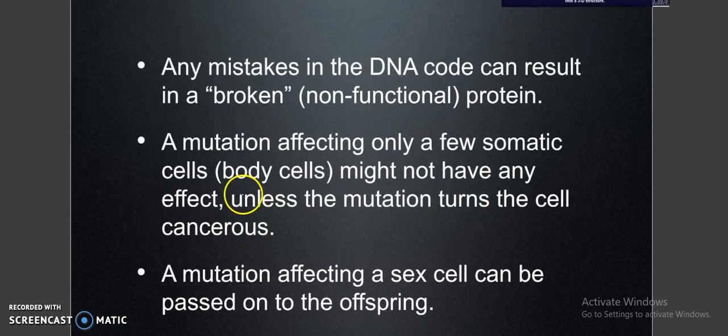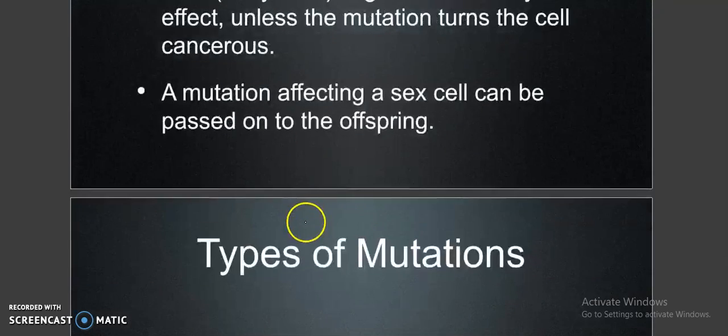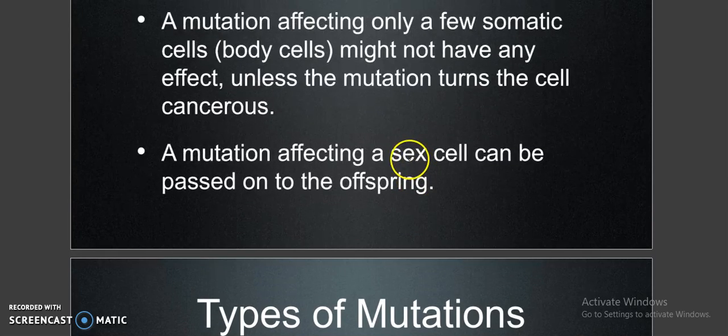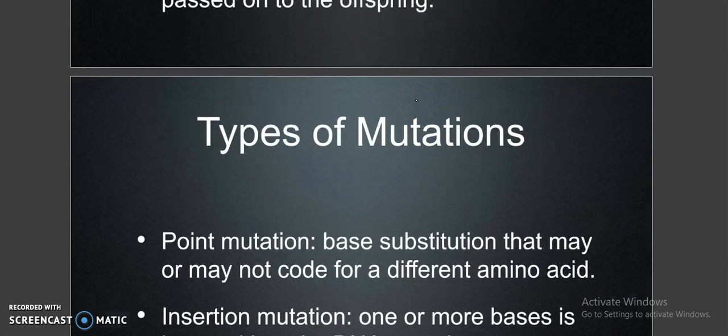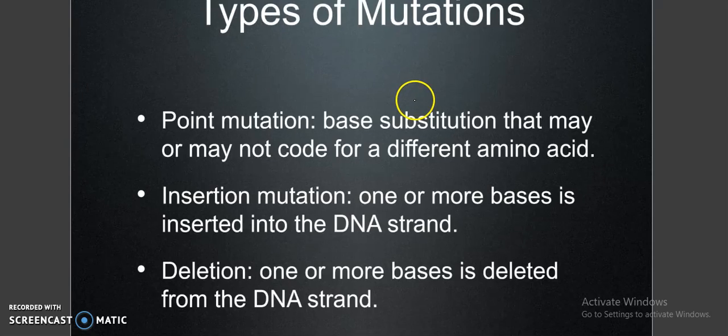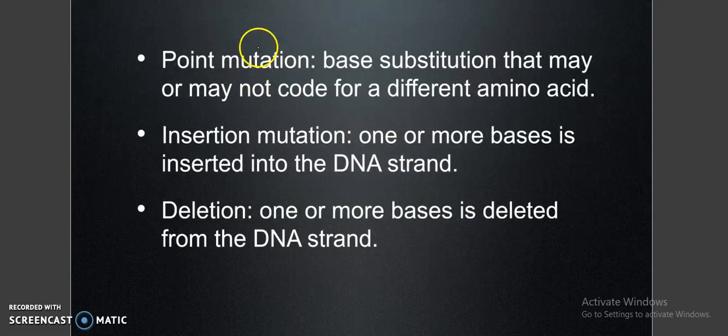So in mutation, it only affects a few somatic cells and may turn them cancerous, while a mutation that affects a sex cell can be passed on to the offspring. So in the process of meiosis, if there is a defect in the sex cell, then it can be passed through genetics. There are three types. I'm going to explain here three types. The point mutation. The point mutation is a base substitution that may or may not code for a different amino acid. Insertion and deletion. Insertion